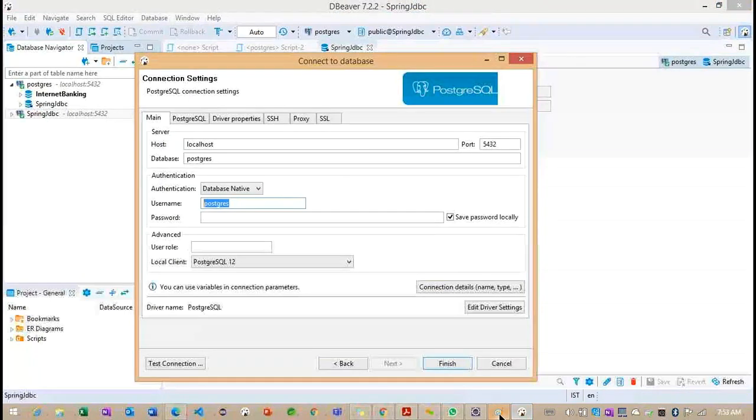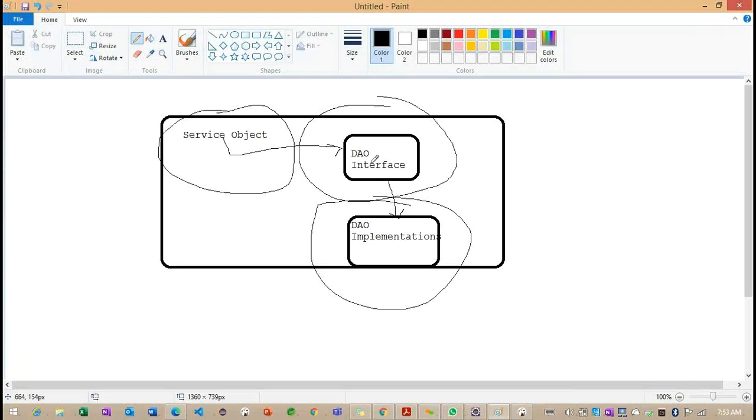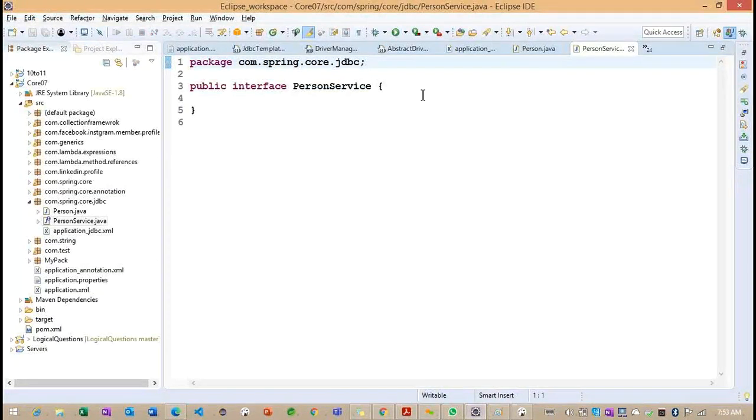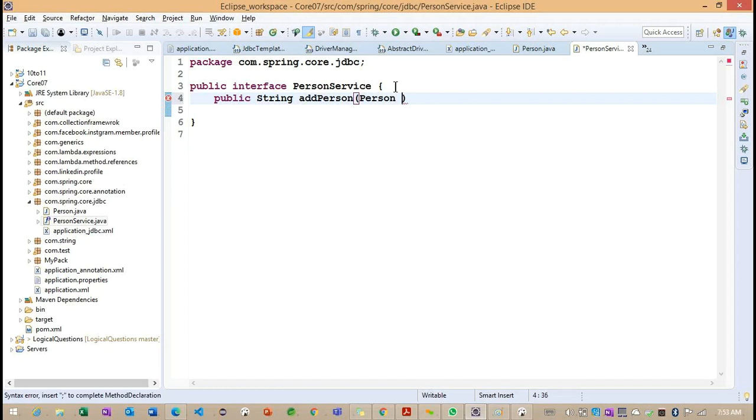Just now we discussed that from the person service object, we'll try to connect our DAO interfaces, and from the DAO interfaces, we try to connect our implementation classes, right? Let me create this particular method here: a String add person, which will expect a person object, right?